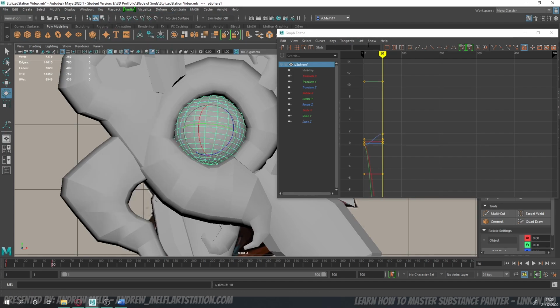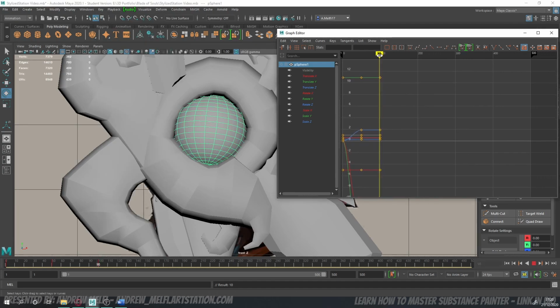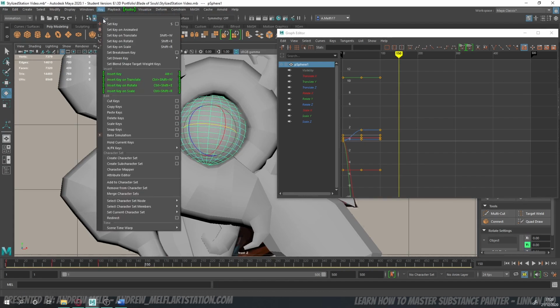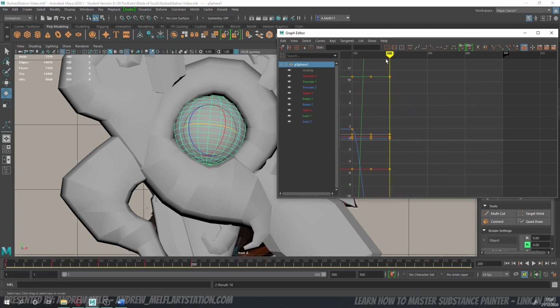set a key there. And what I like doing is basically just keeping that frame there for about the same time. So if we go to 100 and set the same one, and then we just do this until we get to about 500. So now to the top right, set the key there, go to 200, do the same thing, 250, bottom right, set the key,